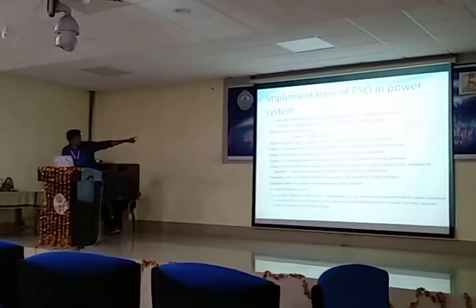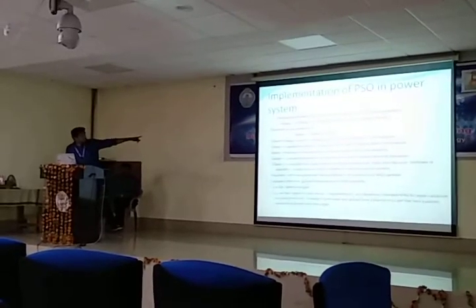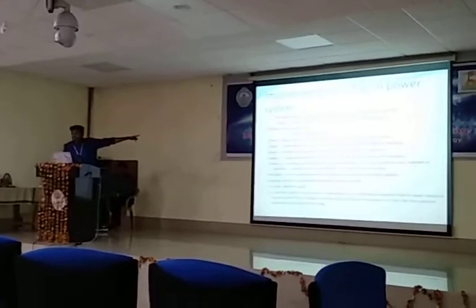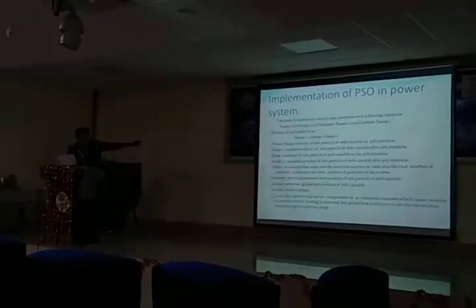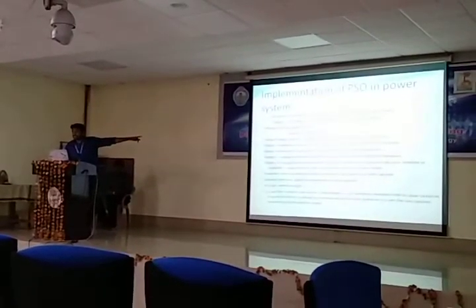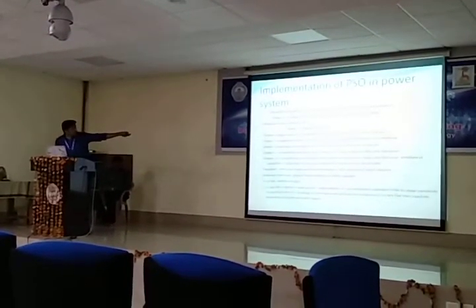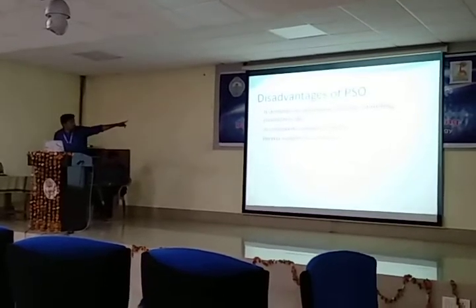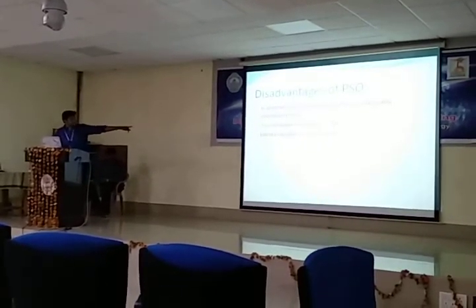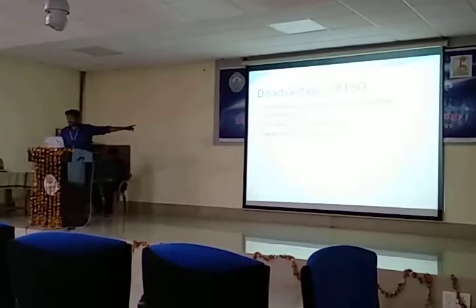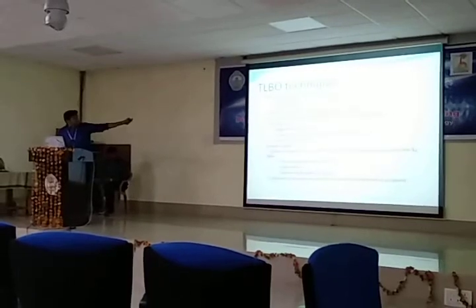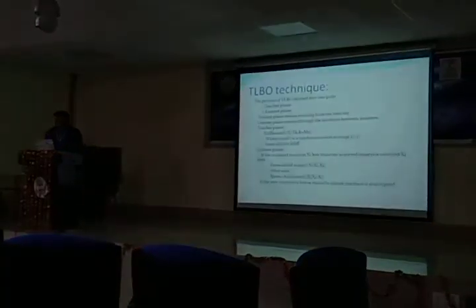So these are the two formulas which are used in the PSO technique. In order to change the velocity, we use the first formula, and to change the position, we use the second formula. In these two formulas, we use some constants like C1, C2, and also random values. So these are the disadvantages of the PSO technique. It depends upon algorithm specific controlling parameters like acceleration constants C1, C2, and initial weight 0.2, 0.4. In order to overcome this problem, I use the TLBO technique, which is nothing but teaching and learning based optimization.